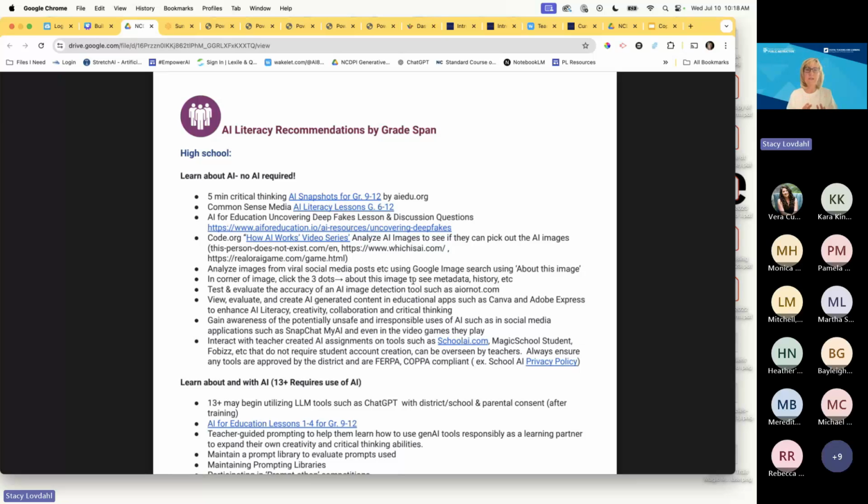So there are ways to begin teaching students AI literacy without getting them into an AI program right away. We're going to begin exploring some of these resources and approaches to talking about AI programs and AI responsible use without getting students directly into AI programs immediately.